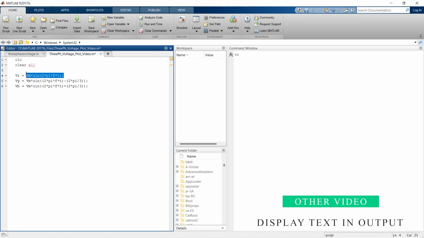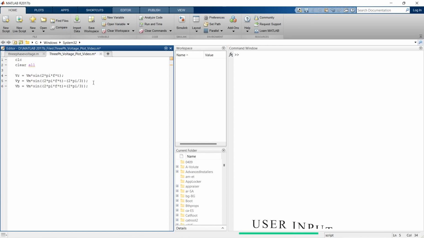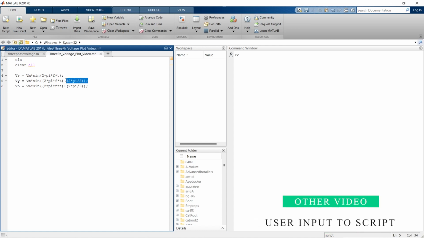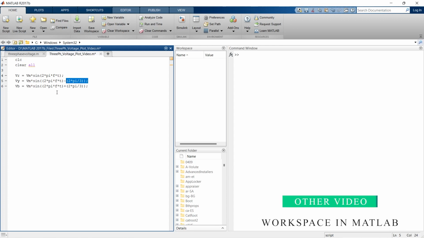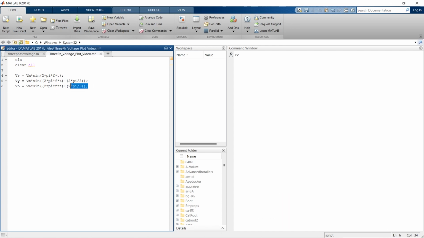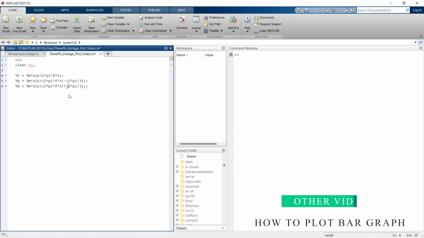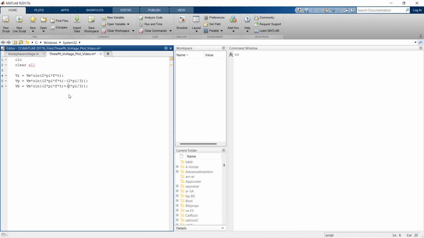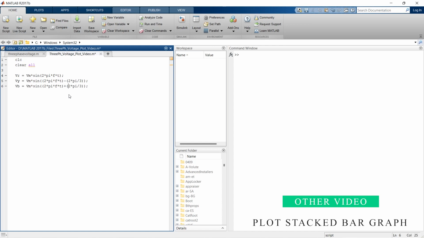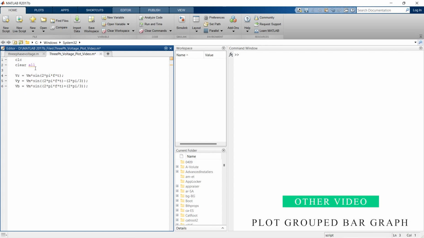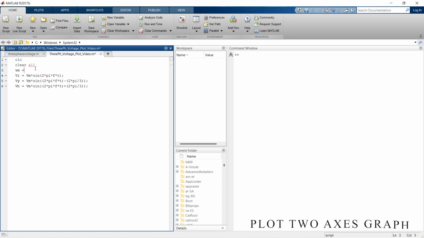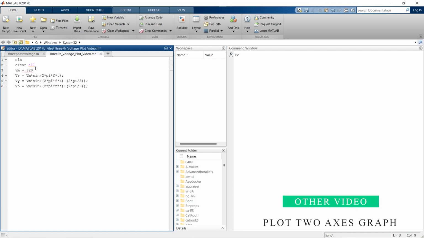This means this is our R phase. The Y phase is out of phase by 120 degree, so we are subtracting 120 degree. And the B phase, we are adding 120 degree. So we'll have three waveforms separated by 120 degree from each other. Now we need to place the values of these variables. So let's say Vm is equal to 320 volts